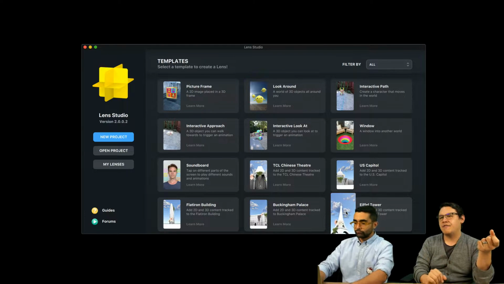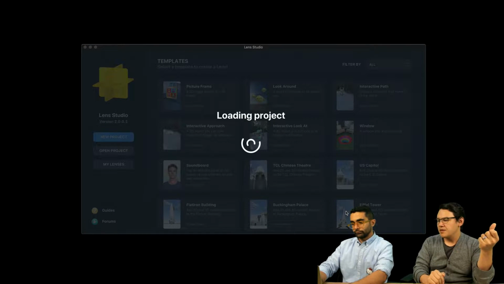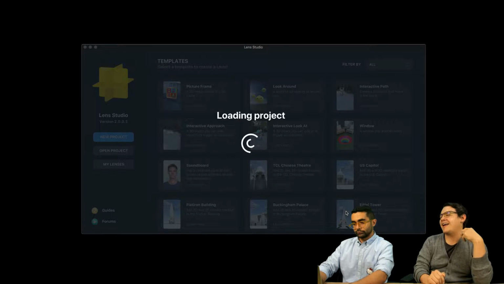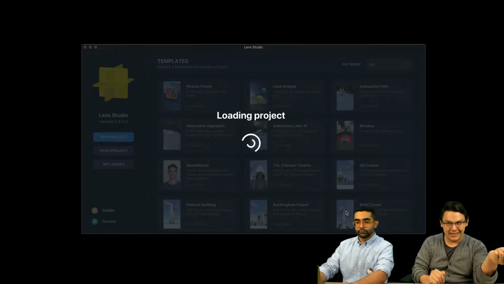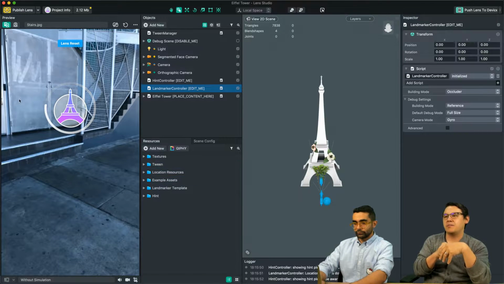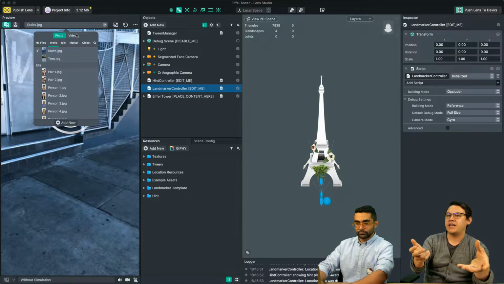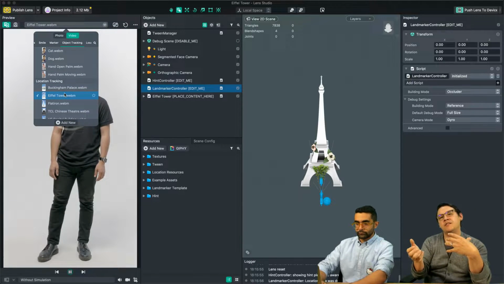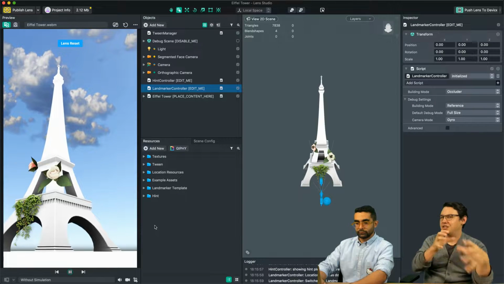Why don't we open the Eiffel Tower to give an example? What landmarkers are is basically the ability to, in the same way I can attach something to my head, attach something to a real world building. And so basically if you have the lens and you go to one of these landmark locations and you look at the building, the objects that you place relative to that building will be just like you placed them in